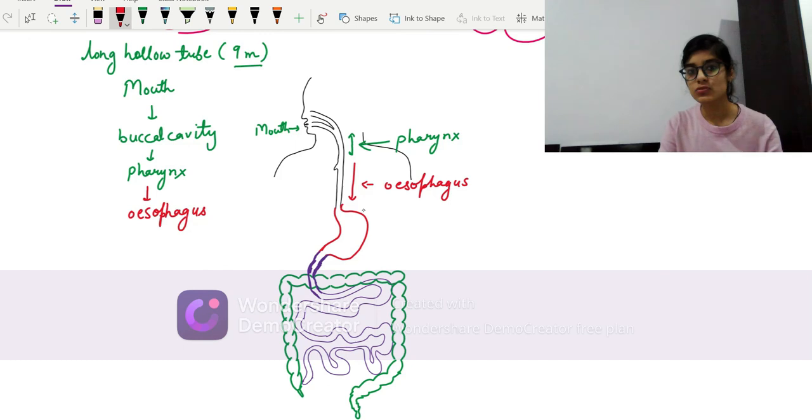This esophagus is a 25 centimeter long tube, right? There are rhythmic contractions and relaxations in its wall. The wall of the esophagus contains mucous membrane and smooth muscles. So what happens in its smooth muscles? There are rhythmic contractions and relaxations. Rhythmic contraction and relaxation means a series of waves of contractions and relaxations which propel the food, for example, this food particle, forward into the stomach, right? If there is no rhythmic contraction and relaxation, then